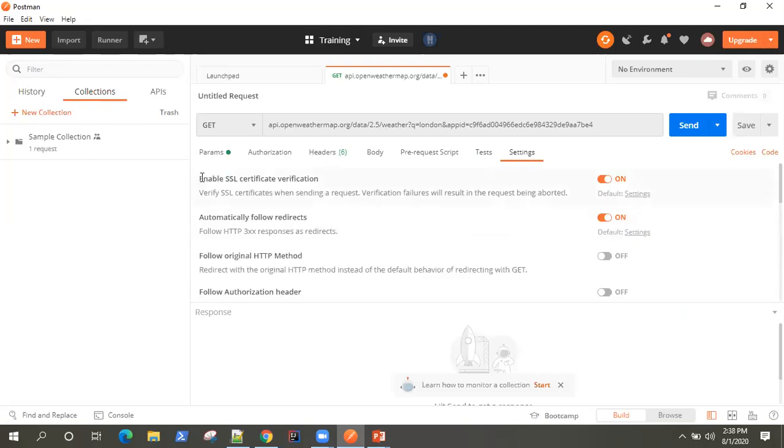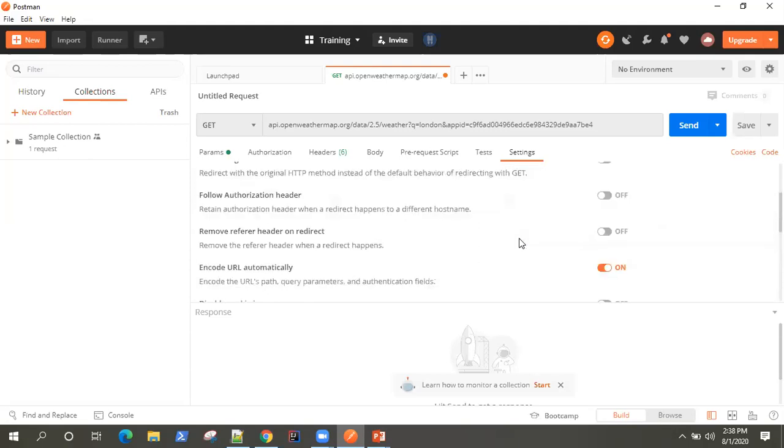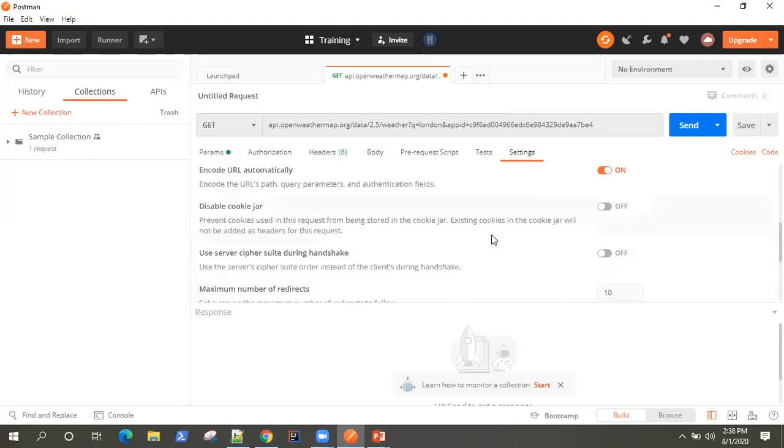You can enable different settings here: SSL certificate verification and redirects are automatically enabled by Postman for this request. You can also add lots more. The encoding is automatically enabled for this URL by Postman.